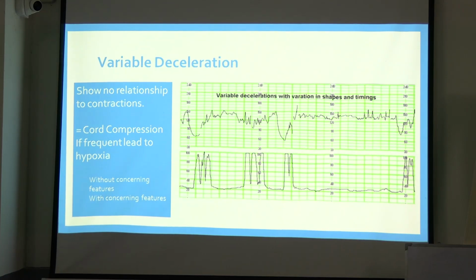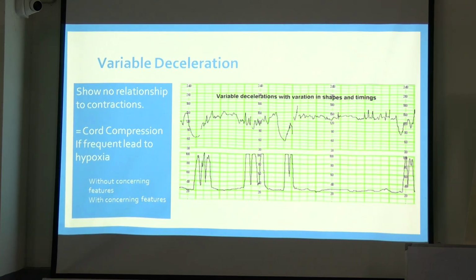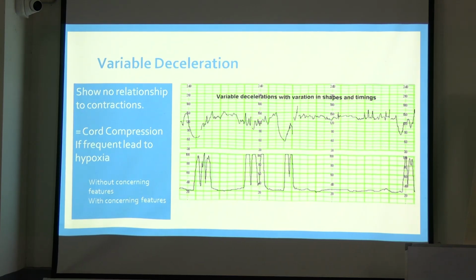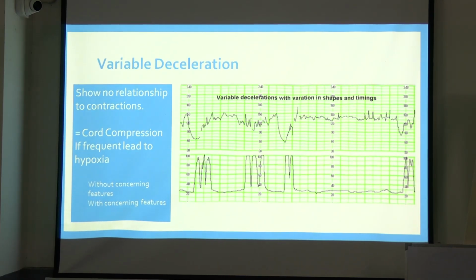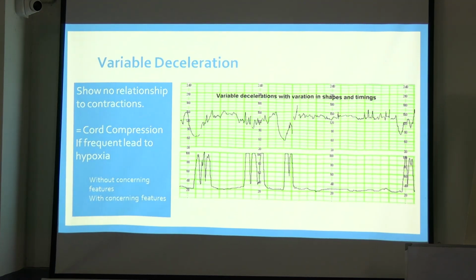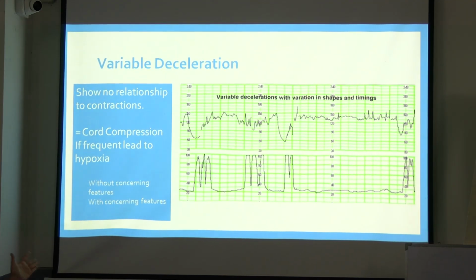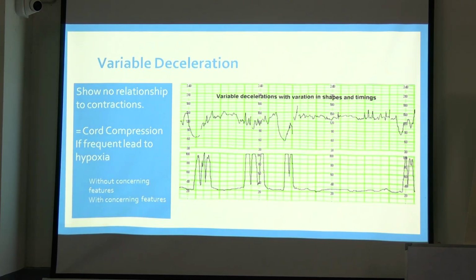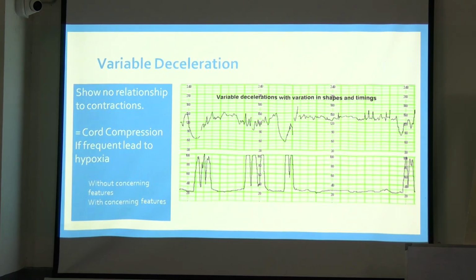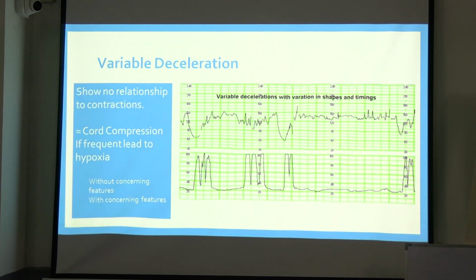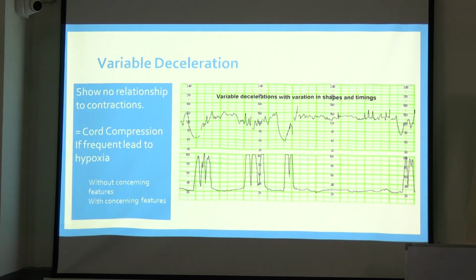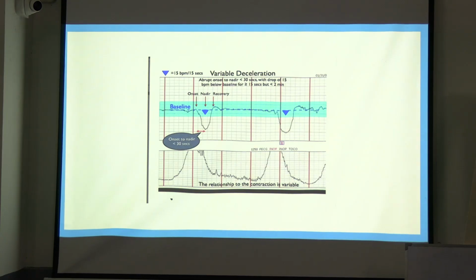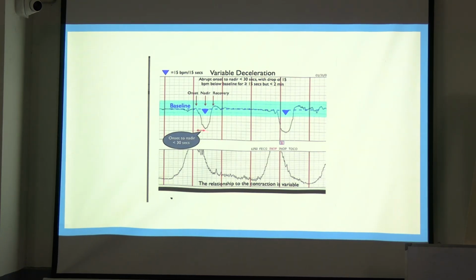So what is a concerning feature, I will tell you, but you don't need to remember all this, just listen. But mainly you need to know how many types of deceleration are there, what is acceleration, what are the 4 categories you would need to see in the CTG. If the CTG is reassuring, non-reassuring, you need to know that. But whatever I am telling you right now, you just listen, but you don't need to remember everything. This is very difficult to remember, but just listen. You need to know that this exists, these things are there. Just you need to know this. So what are the... this is the variable deceleration.